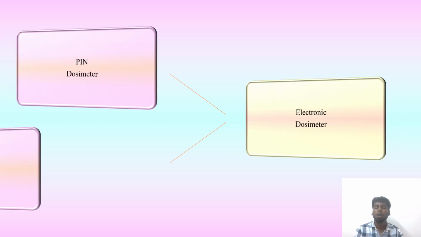There are two types of electronic dosimeter. One is the pin dosimeter and one is